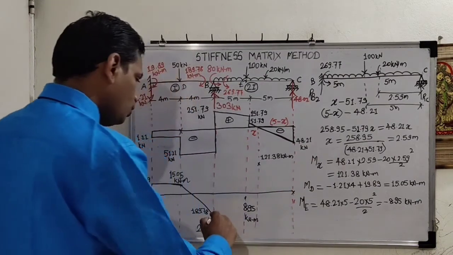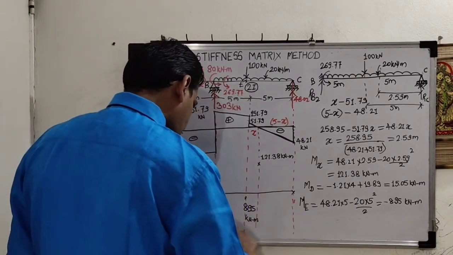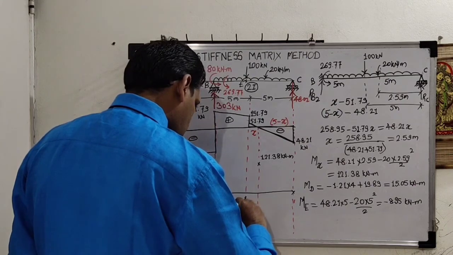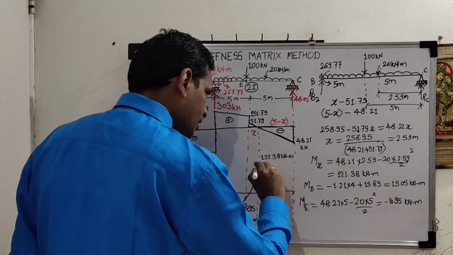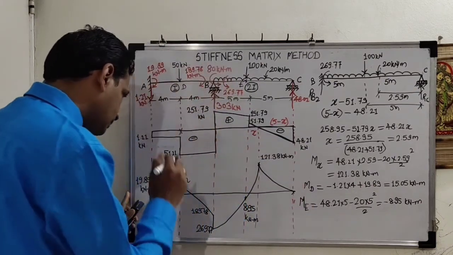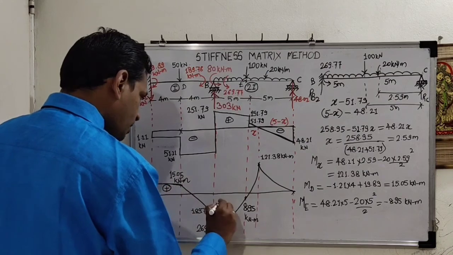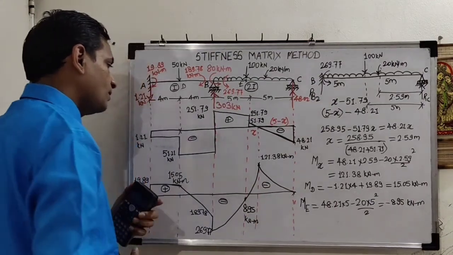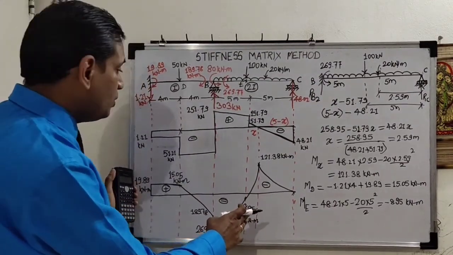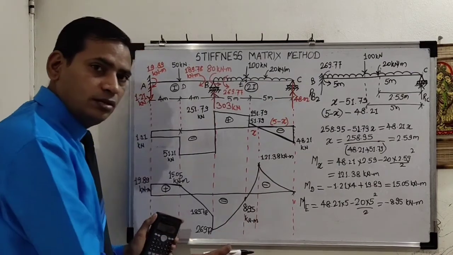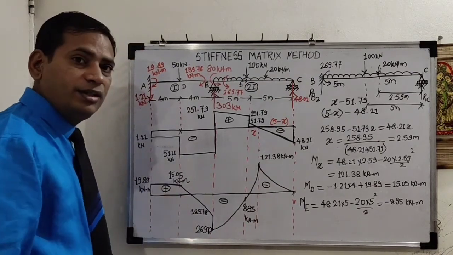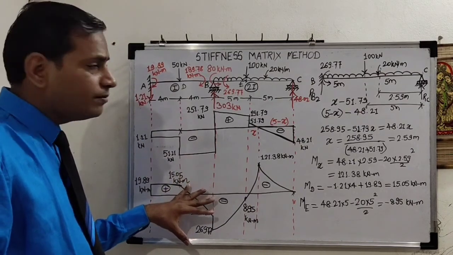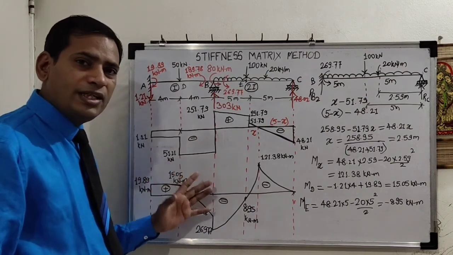Here will be 0. So join now these 3 points. So parabolic variation will be there like this. So this is plus and this is minus. Okay, so this will be our BMD on tension side. A little bit complicated, but not very difficult. So if you know all the concepts of how to do a BMD on tension side, then you will not make any mistakes.